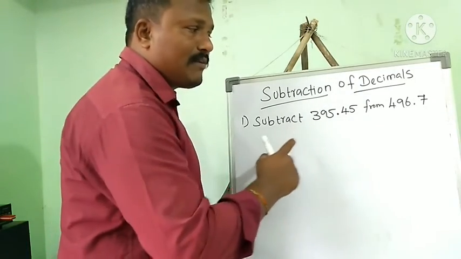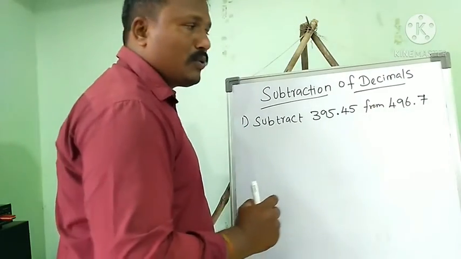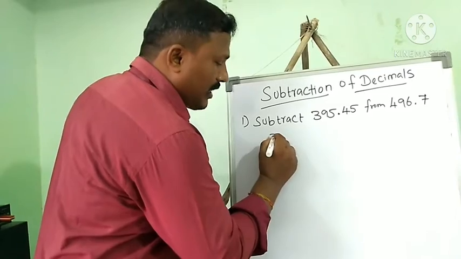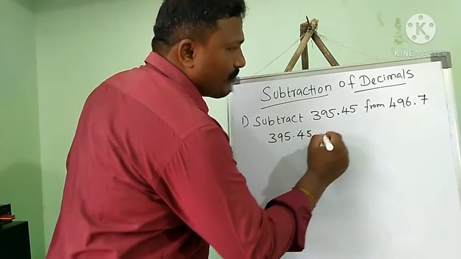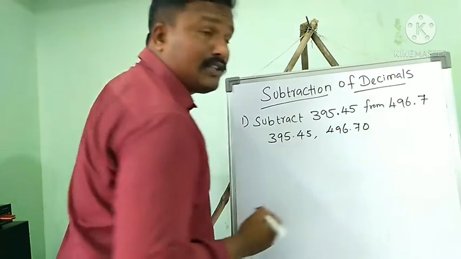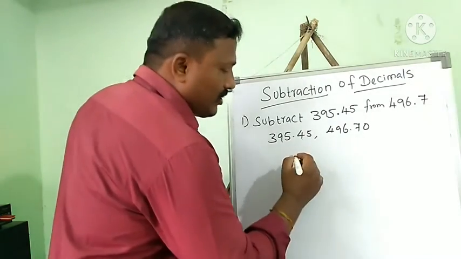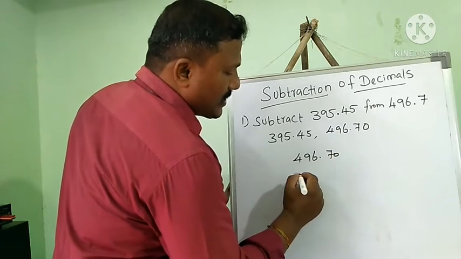It's an unlike decimal. Here the number of decimal places is 2, here the number of decimal places is 1. So we need to convert to 2 decimal places. For that I will write 395.45 as it is, but 496.7 we have to convert to 2 decimal places. So for that I will put 0. So now we can subtract easily. So what I will do, 496.70 subtract from this